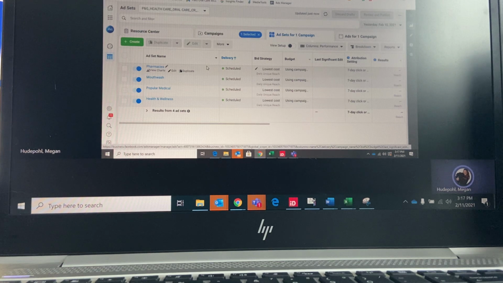I mean, it's much more simple to me than search is. It just becomes a headache with all the creative, because you have all these files and then you have to have text that matches up with them and stuff like that. But once you get it all set up, it's a lot easier. So